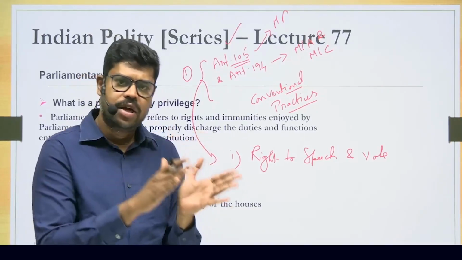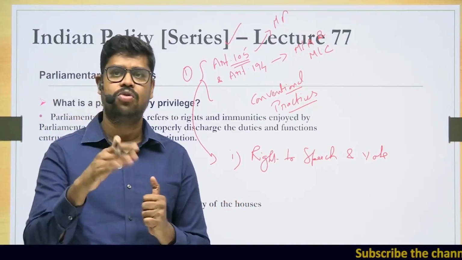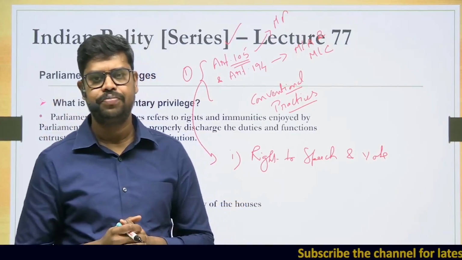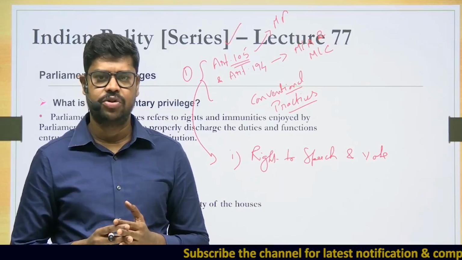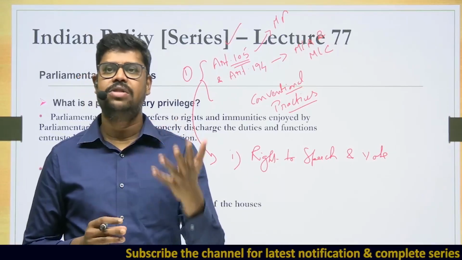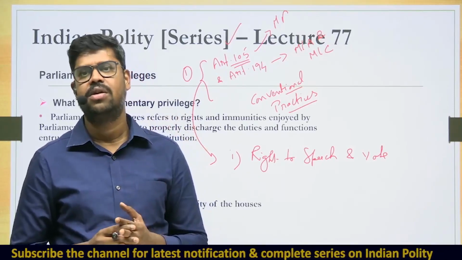So therefore, this right to freedom of speech is subject to what? It is subject to the rules of the house, and it is also subject to the other provisions of the constitution. When I say that the right to freedom of speech is subject to other provisions of the constitution, which means just because they have the right to freedom of speech, they cannot criticize the judges when they